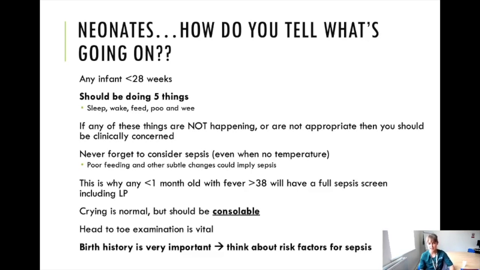And as I touched on earlier, birth history is really important, because there's not many days that this little one's been alive. So the risks for them are what they've been through during the pregnancy, what they've been through during the labour, how they've been delivered, what mum was like during pregnancy and labour. So big things that we always think about are premature rupture of membranes. So if mum has had a rupture of membranes more than 24 hours before she's been in labour and not been covered with antibiotics, or maybe has but it's been late,